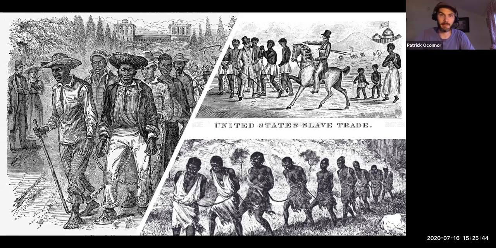this Second Middle Passage. Again, I just want to re-emphasize this idea. The country is literally building itself, right? It's populating the West. It's enriching itself on cotton. It's literally building itself through the twin institutions of first Indian dispossession and second Black enslavement, essential. In this sense, if we scale back and think about what's happening here, slave coffles like the ones you're looking at here